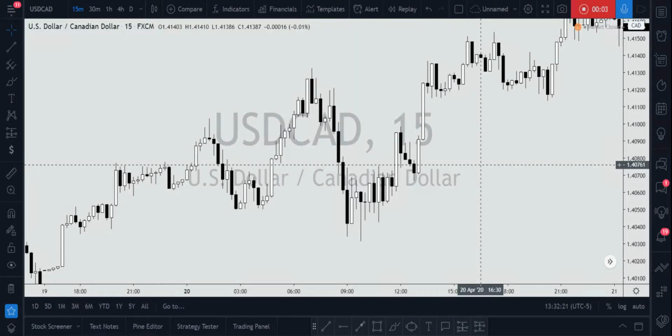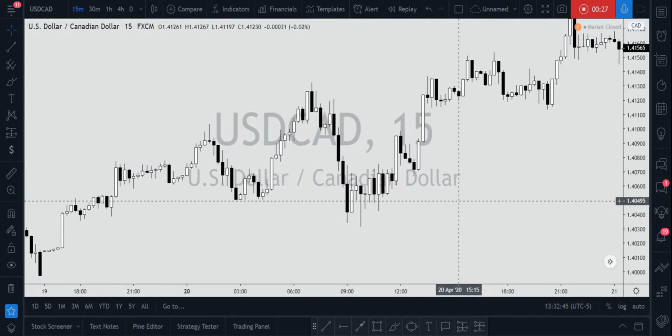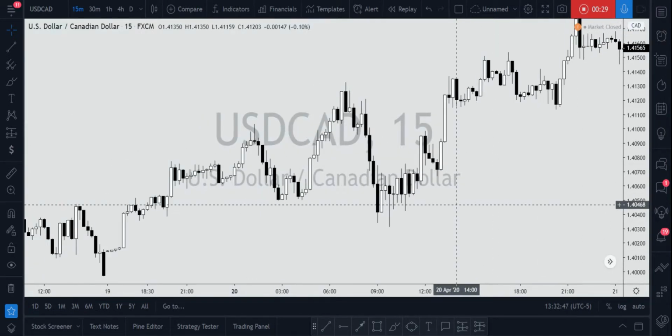In today's video, we're going to cover how you could have caught over 100 pips on this USD CAD buy. We're only going to cover it on the 15-minute time frame, but obviously in a real trade environment, when we're really trading this pair, we're going to look at way more time frames and analyze more of the direction and also precision on lower time frames. But for this example, it's going to be a quick little video of how you could have capitalized on this